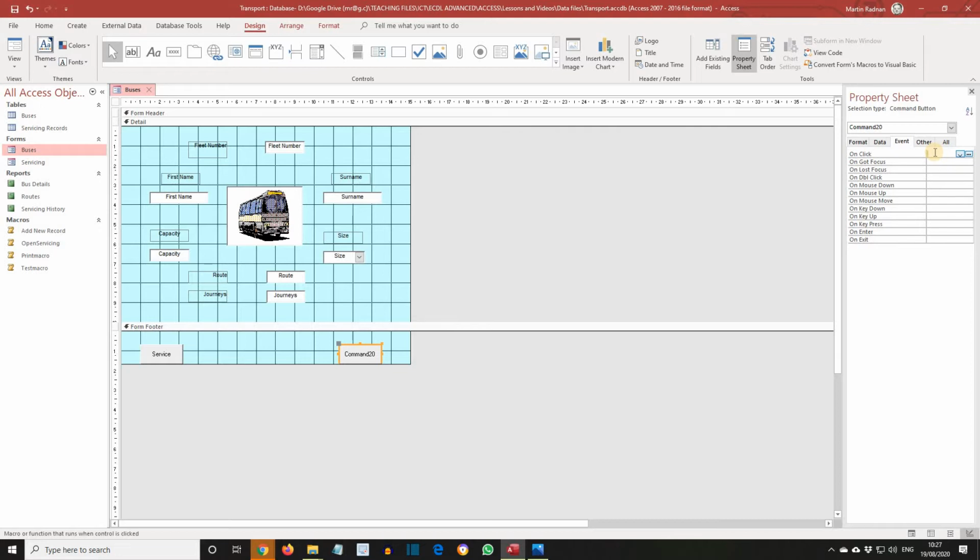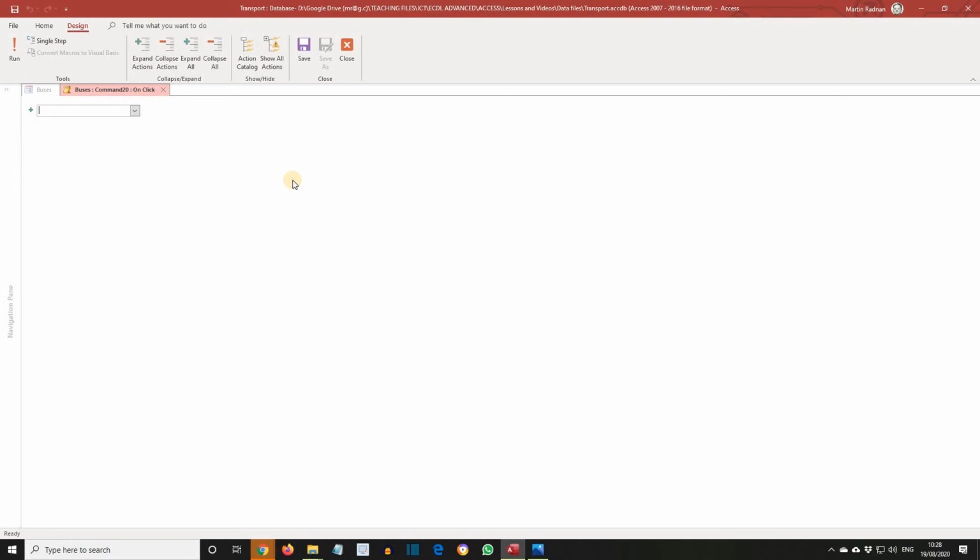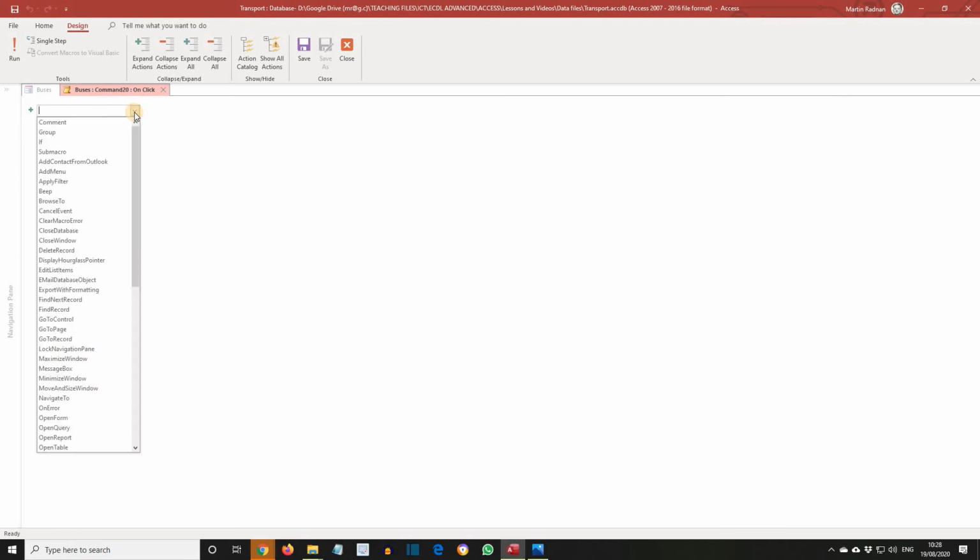Instead of selecting an existing macro, click on the Build button, that's the three dots next to each other. The Choose Builder dialog box appears. Select Macro Builder and then click OK. The macro window appears. Select the Go to Control action,